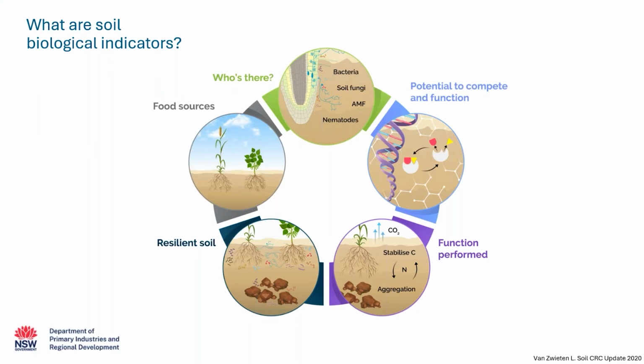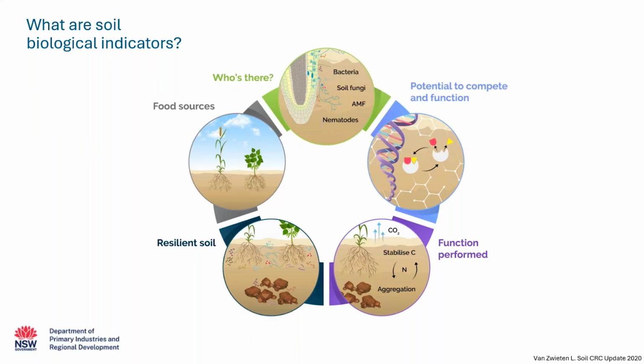These outcomes then influence how effectively food sources are processed, completing the cycle and reinforcing soil health, which takes us back to the first component of the framework. And so the cycle continues. Throughout this presentation, we'll examine each component of this framework and discuss how they interconnect to support soil health.